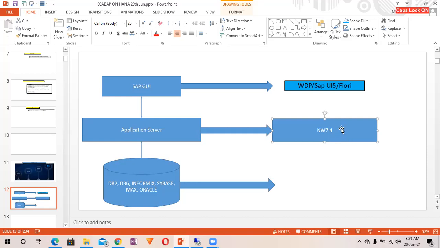It was a very good improvement from the SAP side.